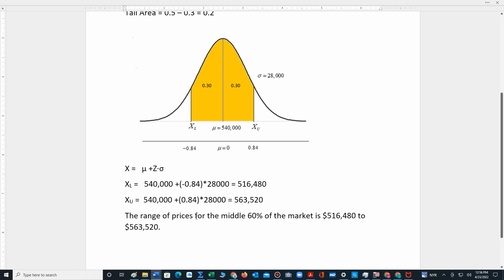The range of prices for the middle 60% of the market is from $516,480